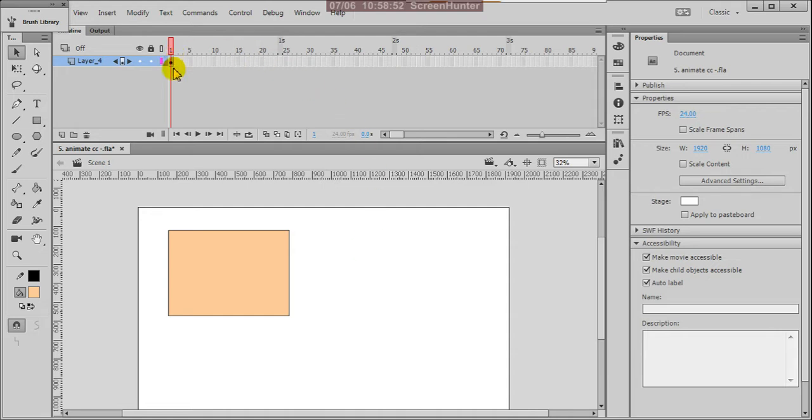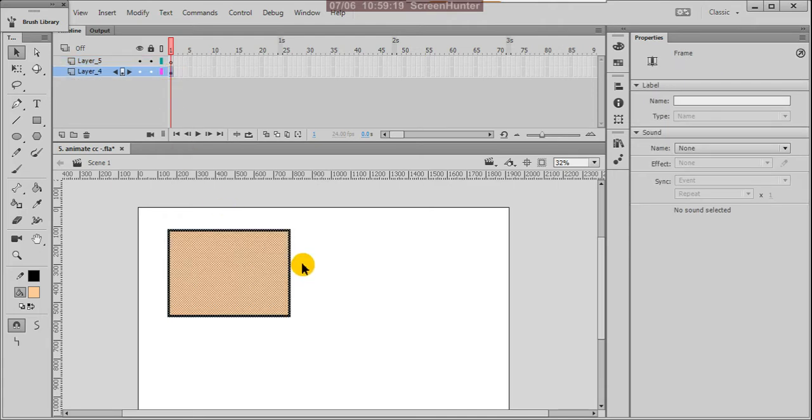Otherwise, in the timeline there is a black spot. What is the black spot showing? There is a frame. Suppose here I'm creating one more layer. Here it is showing empty. That means in the second layer there is no drawing, nothing is there. But here it is filled with black. Black means it is a drawing or shape, whatever your character or picture.